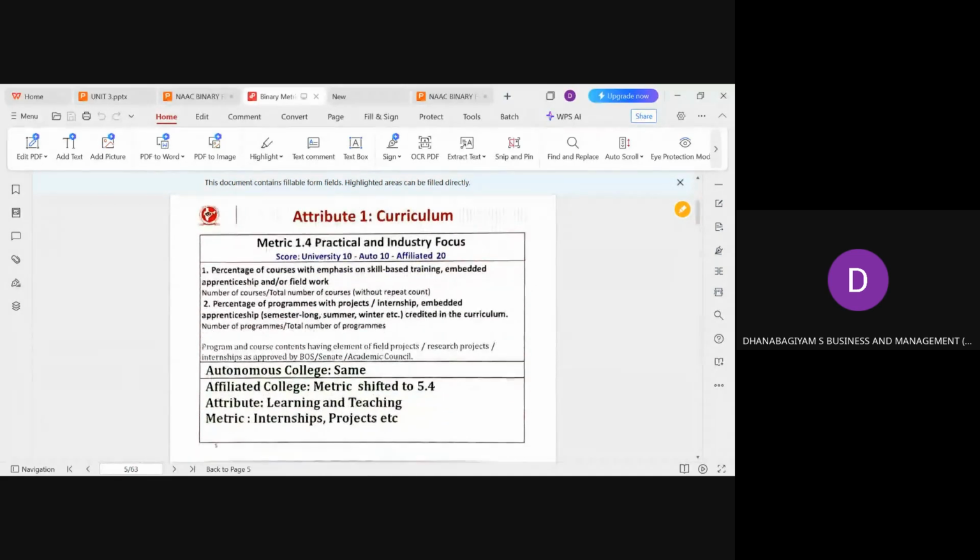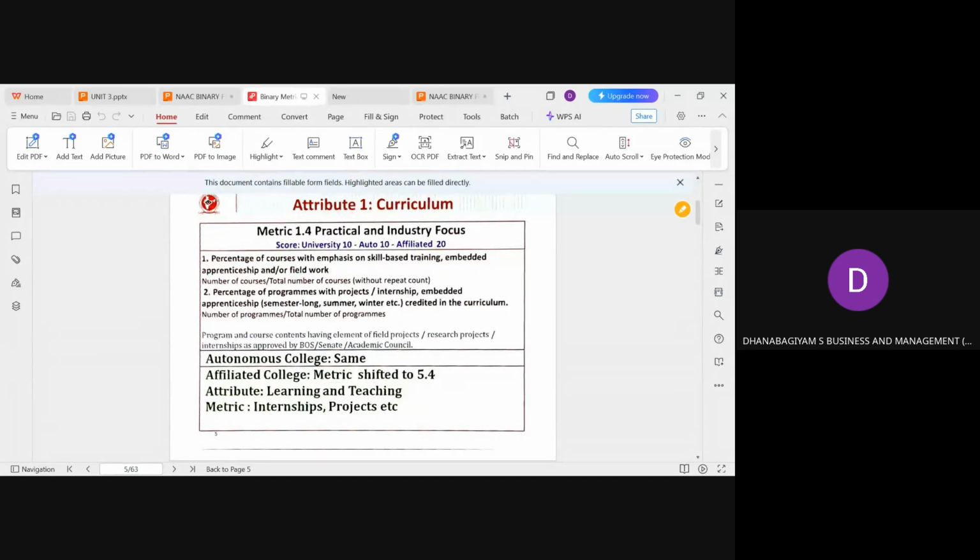So it is a little difficult. Okay. Next, when you talk about the industry, how far the practical and industry focus. Even when we design the syllabus, once the syllabus is designed, how far does it meet the skill-based training? See, today if you take the entrepreneurship subject, basically entrepreneurship is more and more of a practical subject.